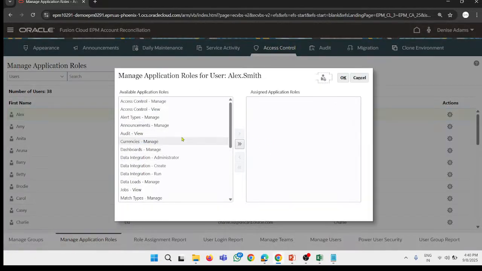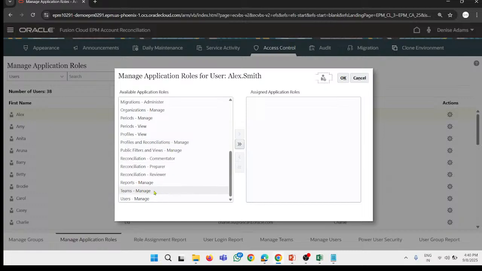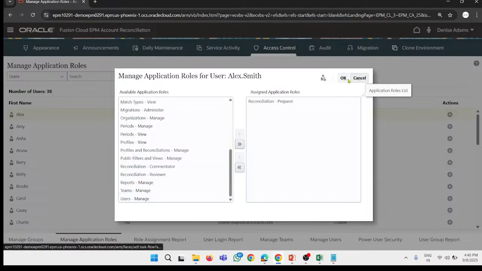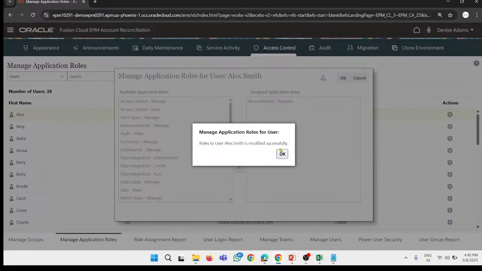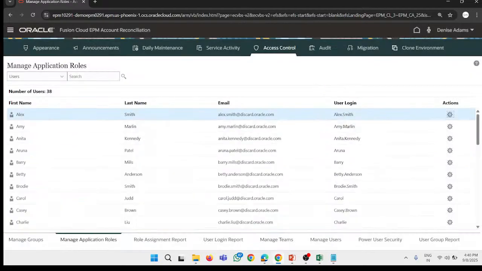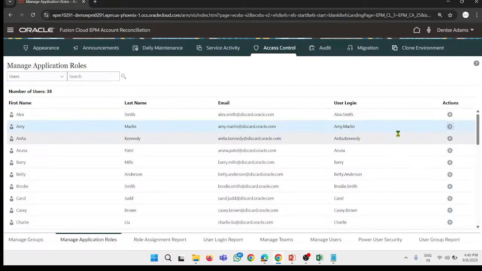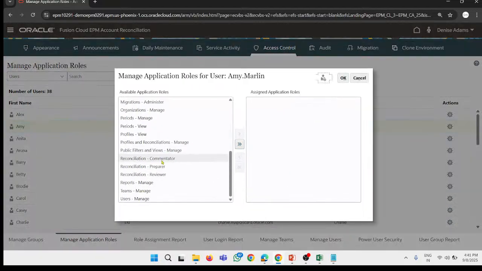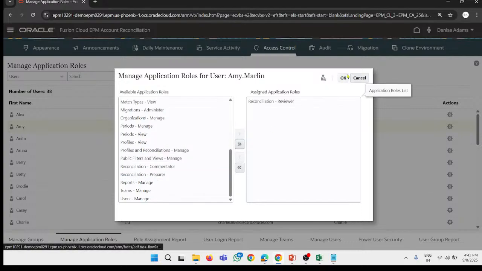So Alex hasn't been given the role of preparer, so first quickly assign him the role. Reconciliation preparer, fine, click OK. Let's give Amy Marlin the reviewer role, like this,